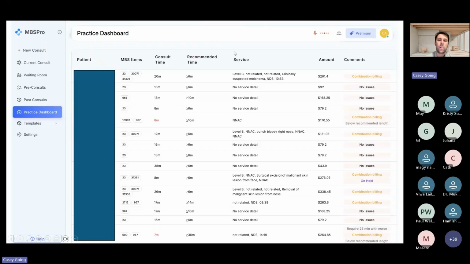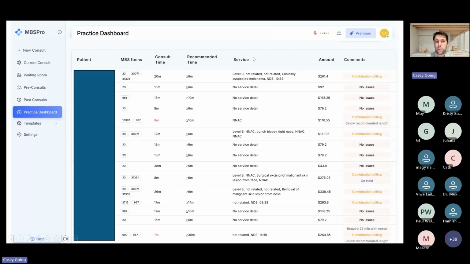usually type in. You'll see here there'll be this NDS, that's not duplicate service. You've got NNAC, that's not normal aftercare. And let me see if we've got anyone who's got not related, not duplicate service, and we've got a time. So these are things that your receptions might put in, and they're valuable to put in to reduce the risk of getting a rejection. So something like, not related, unrelated, not duplicate service, time frames or specific times in. That's really helpful in terms of not getting that many rejections.